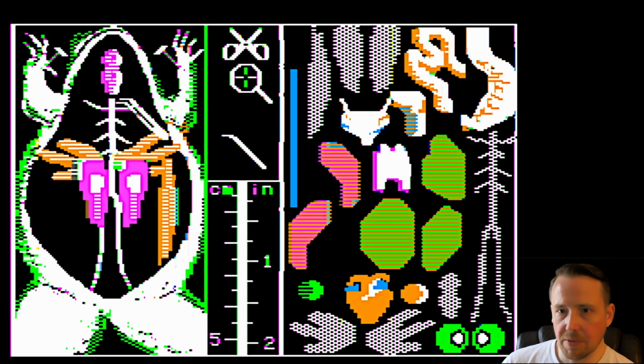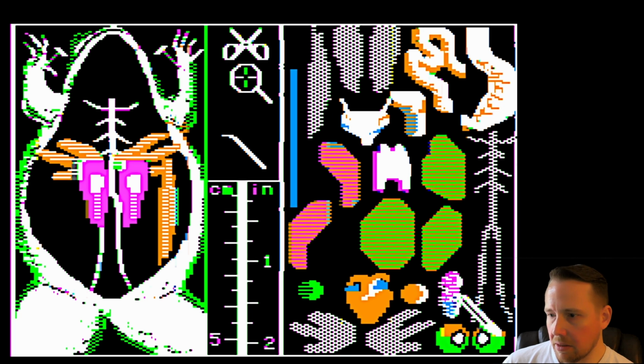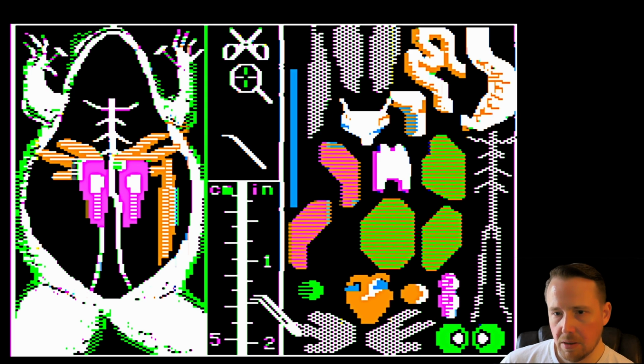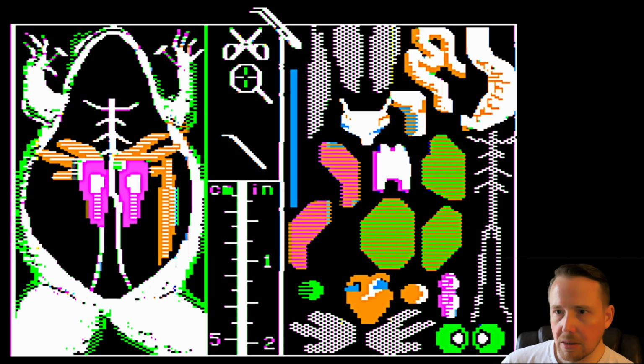I wonder for the reassembly if, does the game ever have a conceit where you can wind up with a live Frankenstein style frog at the end of that. I'm not going to try it today. Just questions that I have about Operation Frog. Let's see what kidneys. Okay, I'm going to assume those are the kidneys. Let's grab this. Grab the scissors. I believe those were at the top. I could be remembering wrong once again.